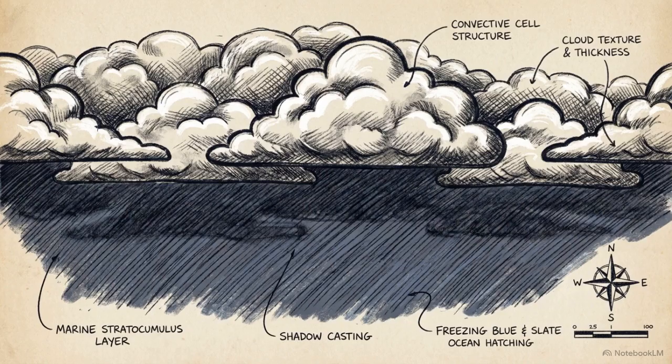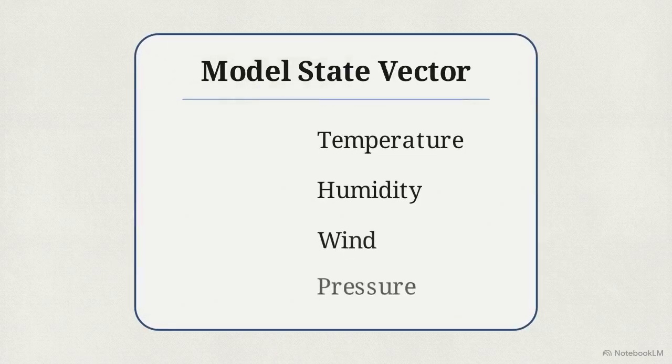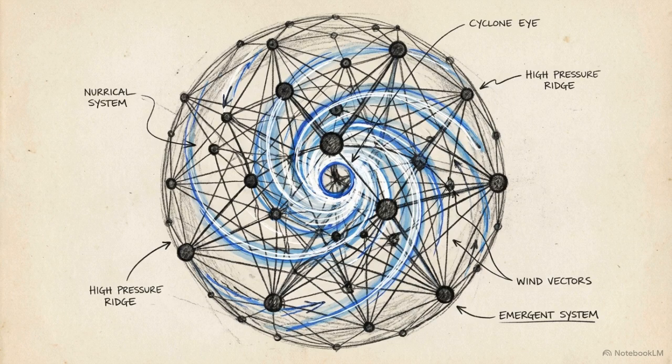A far more demanding test of implicit physics is examining how short-wave radiation responds, a process heavily mediated by clouds. This map shows the top of atmosphere upward short-wave flux. The target baseline is on top, and the new model is below. The model accurately emulates the reduction of marine stratocumulus clouds, visible as distinct blue zones off the coasts of the Americas and Africa. Notably, the new model captures this complex cloud pattern without having an explicit cloud variable anywhere in its state vector. Highly complex coupled physical dynamics implicitly emerge from the network naturally, provided the underlying training data is